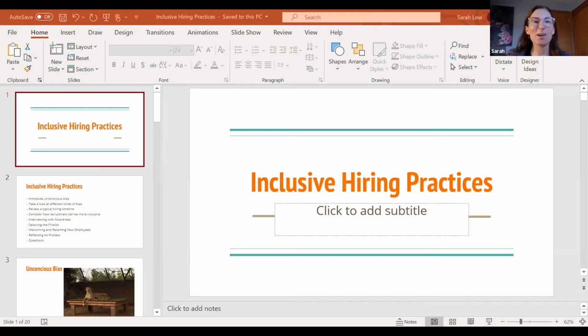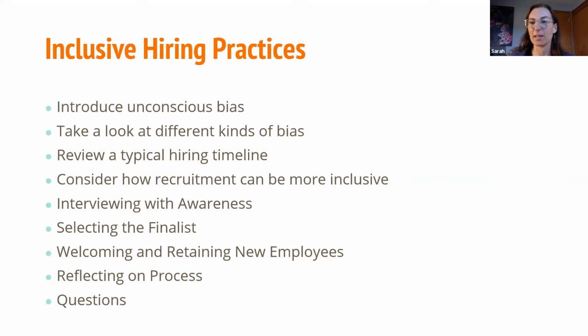All right, so we're talking about inclusive hiring. I'm going to first tell you what we're going to talk about, and then we'll get into talking about the thing that we're talking about. One is that we will introduce the idea of unconscious bias. We'll take a look at a few different kinds of bias, and then we'll get into reviewing a typical hiring timeline and talk about how recruitment can be more inclusive, how we in a collective sense can be interviewing with awareness, what selecting the finalists might look like, and welcoming and retaining new employees, and then taking some time to